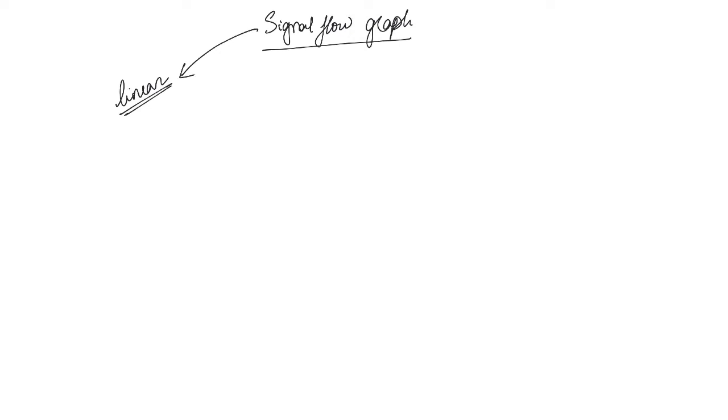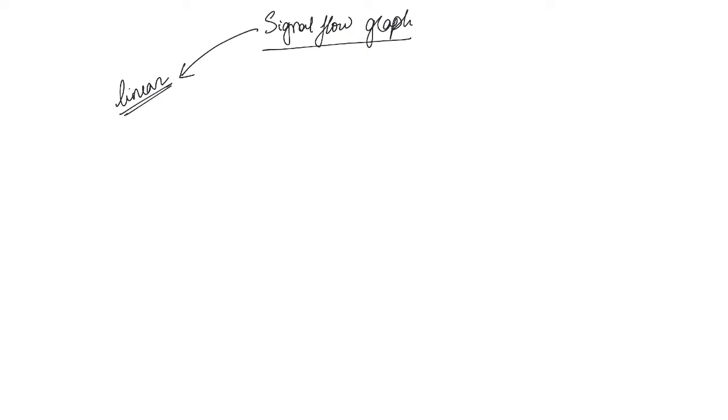The next topic that we're going to discuss is signal flow graphs. This is also a pictorial representation of a linear control system. A block diagram, in contrast, can be used to represent a non-linear system also, but a signal flow graph is only applicable to a linear system. So this is one major difference between a signal flow graph and a block diagram.